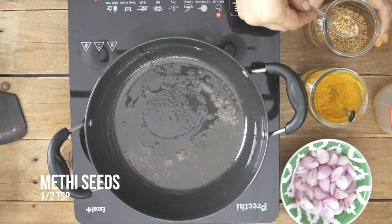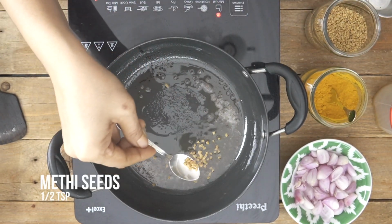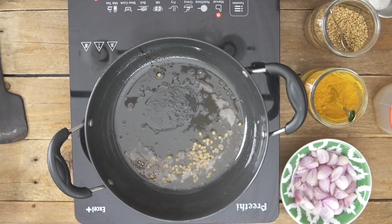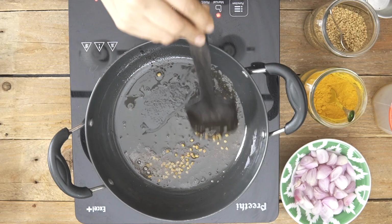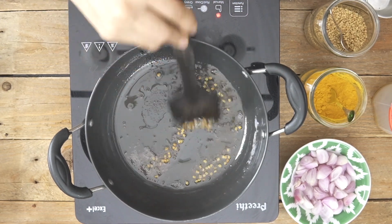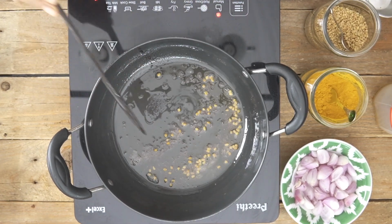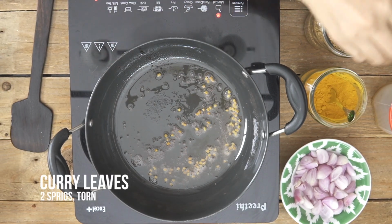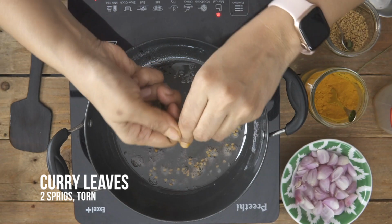I'm going to add in some methi seeds, and that's another tip for a delicious tasting Vatha Kuzhambu. Okay, and I'm going to allow this to roast for a few seconds, the methi seeds, and allow the mustard seeds to crackle. That's great. I'm going to go ahead and add in my curry leaves as well. I'm going to tear it up,